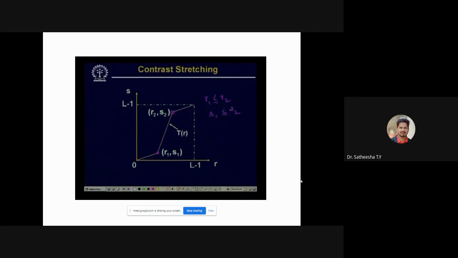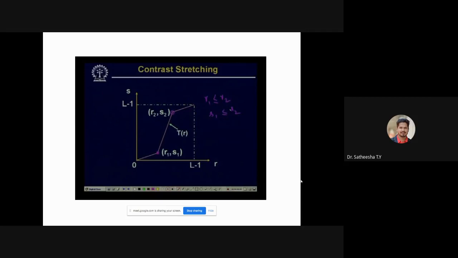It is the location of these points R1, S1 and R2, S2 which controls the shape of this transformation function, and accordingly it influences the type of contrast enhancement that we can obtain in the processed image. The locations of R1, S1 and R2, S2 are very important.